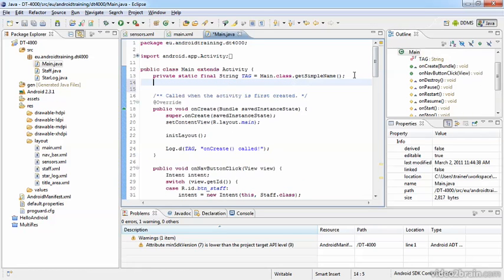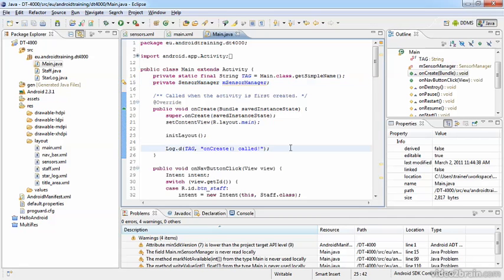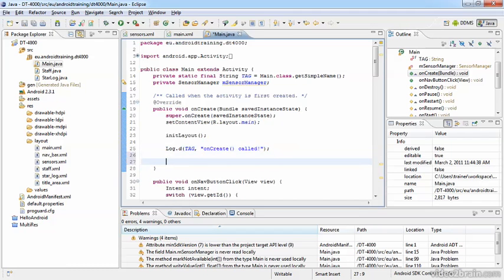Since I'll need the sensor manager throughout the class, I'll define the class member. Private SensorManager sensorManager. I'll initiate this sensor manager in the onCreate method. sensorManager equals